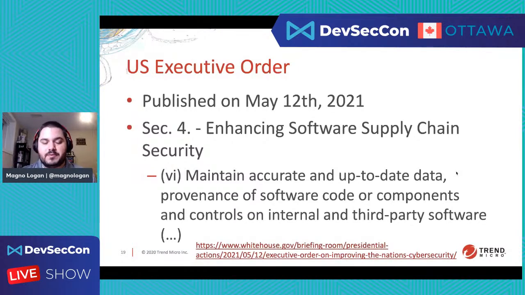Having a software bill of materials. If you're selling me your software, you need to tell me what your software is made of, right? What are the ingredients in your software? So I need to understand if that's a risk for me or not, if I really should buy your application or not. So that's another important thing that talks about the subject of SCA and also supply chain, as well as the topic mentioned here on the executive order, okay?